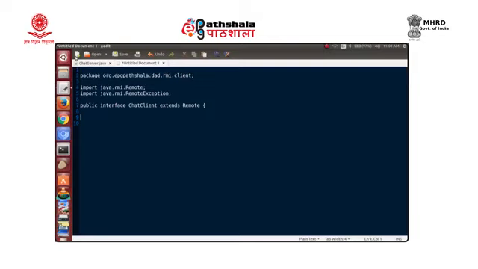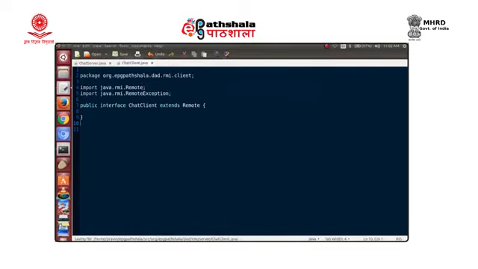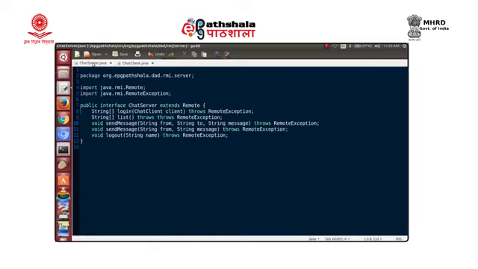Now, just one more thing, we have the chat client in a separate package. Since we have the chat client in the separate package, we will have to go back. Let me first save this as chat client dot java. We have saved this as chat client dot java, but we will have to go back to the chat server and use one more import, since the chat server is dependent on the chat client.